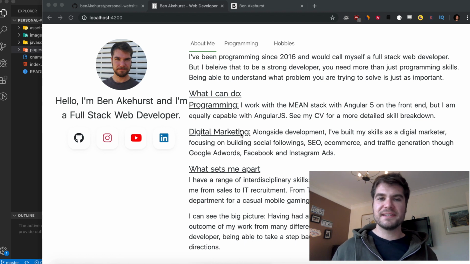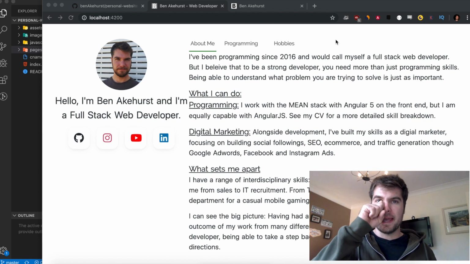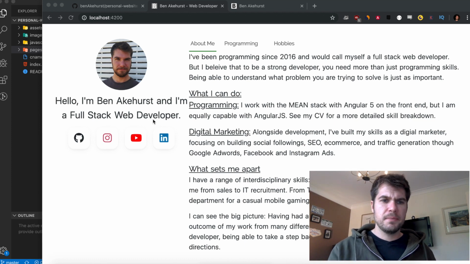So I will be basically just walking through the code and showing you what I did and what stuff does instead. But as a stepping off point, this here, as we can see, is my, let's say now old, personal website. I think I built this one more than a year ago, maybe almost 2 years ago at this point. I was very proud of it at the time, but now looking back at it, I'm just like, it's not good. It's built in Angular. It was a purely front-end website, and I hosted it on Amazon at the time, just in an S3 bucket, basically, so it was a static site.